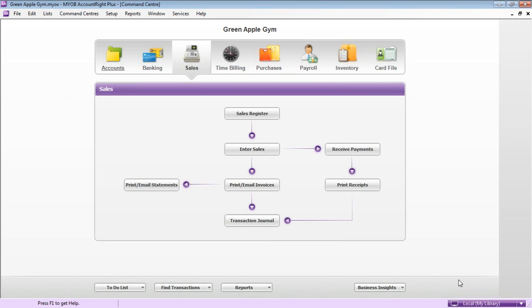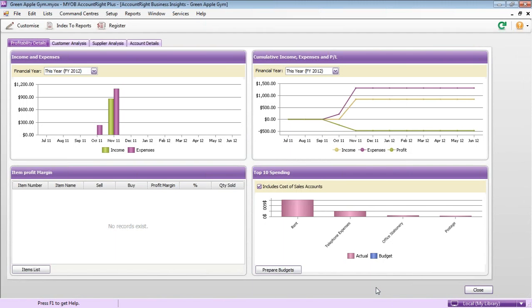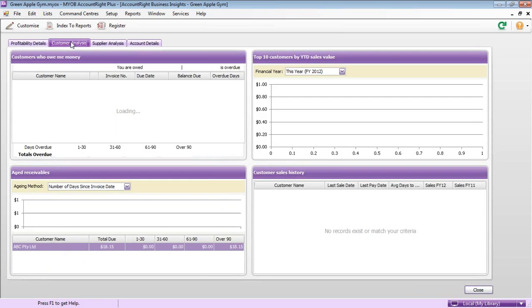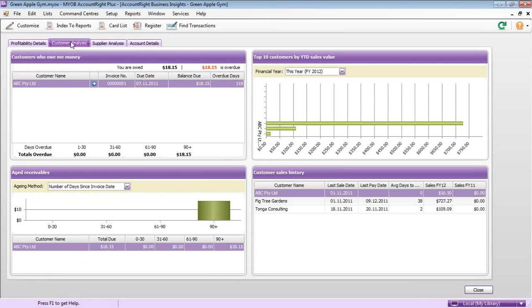I'm on page 117 of Learn MYOB in 7 days and looking at analysing receivables, which we did just quickly talk about before. So if you're using AccountRight version 19 or above and your screen looks like this, go down and click on this option down the bottom right-hand side, Business Insights, and click on that. You'll see a range of customer analysis statistics, including the number here up the top, the second one along. Now, we don't have a lot of information in here yet, but this gives you information on